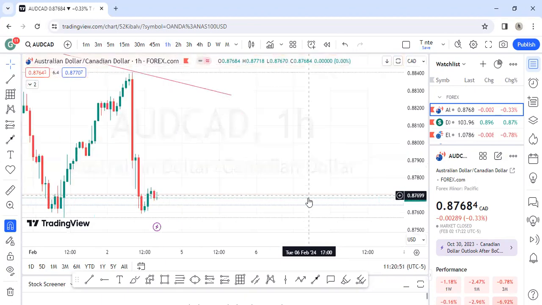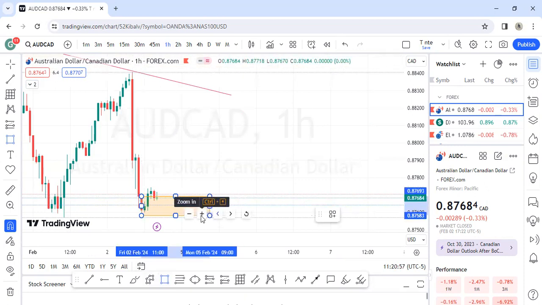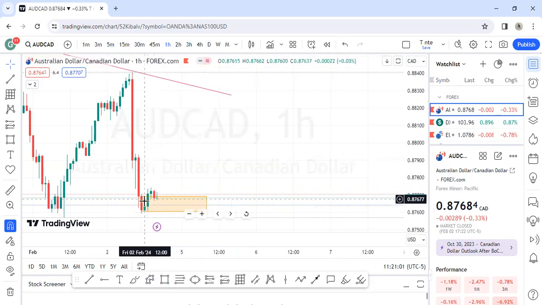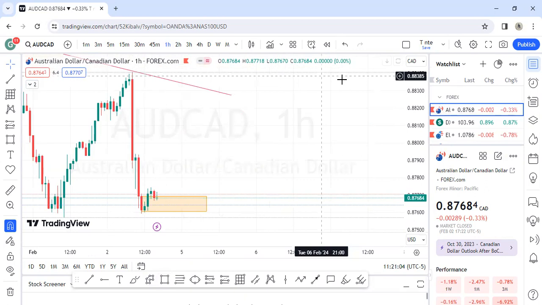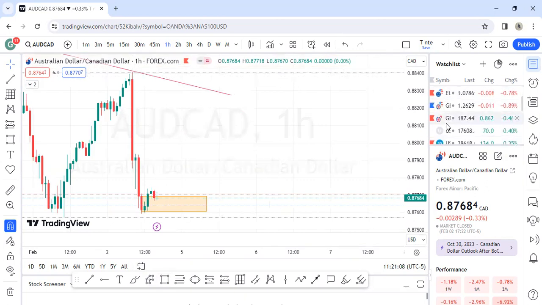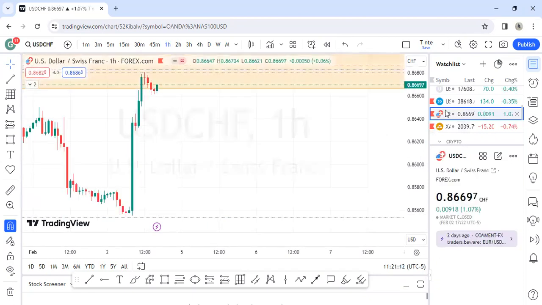Based on what I can see, AD card has made a bullish order block already. So now we have this bullish order block being printed already. I can see this bullish order block printed there, and I can see some kind of fair value gap in between. So let's keep an eye on AD card. That is basically what I see. And then let's look at the last thing, which is US 30.